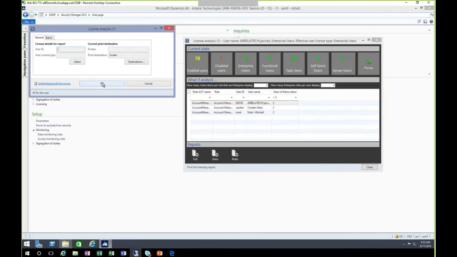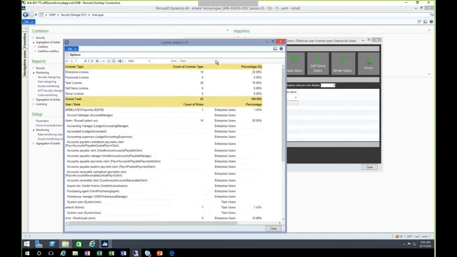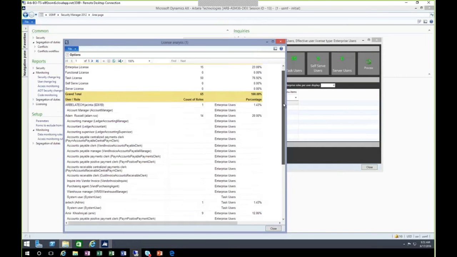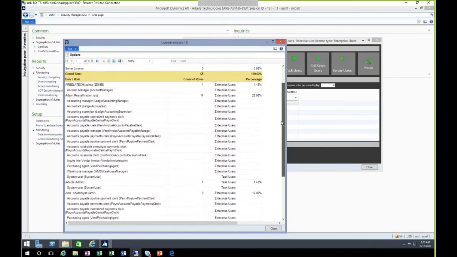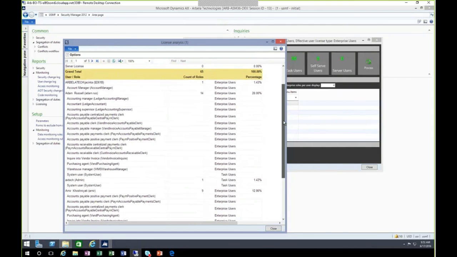So I mentioned the combination report of roles and users. So instead of pulling up all three, I'm simply going to pull up the full. And what you see here is another quick view of our licenses, right, by license type, and how many users are at a glance, and by percentage, of a certain license type, right? And again, you can quickly compare this to your list on CustomerSource to see what is actual and what is on the system.